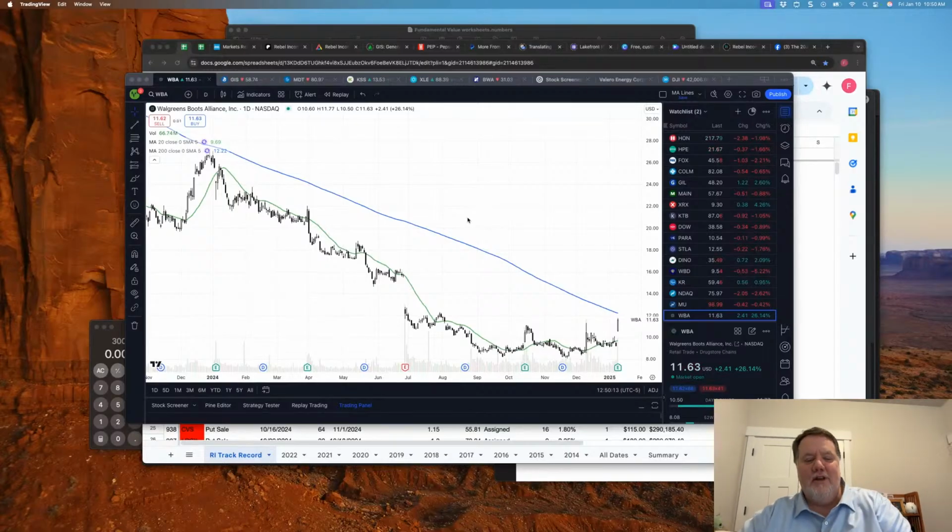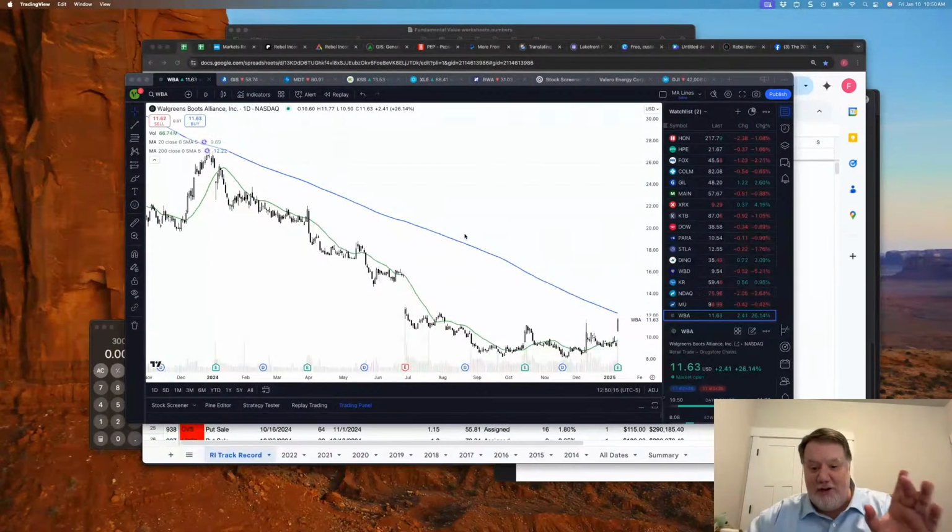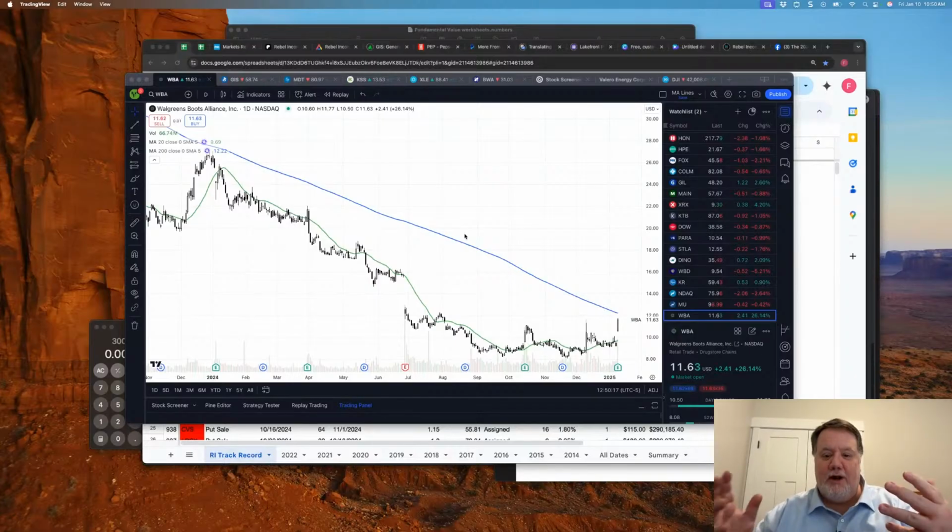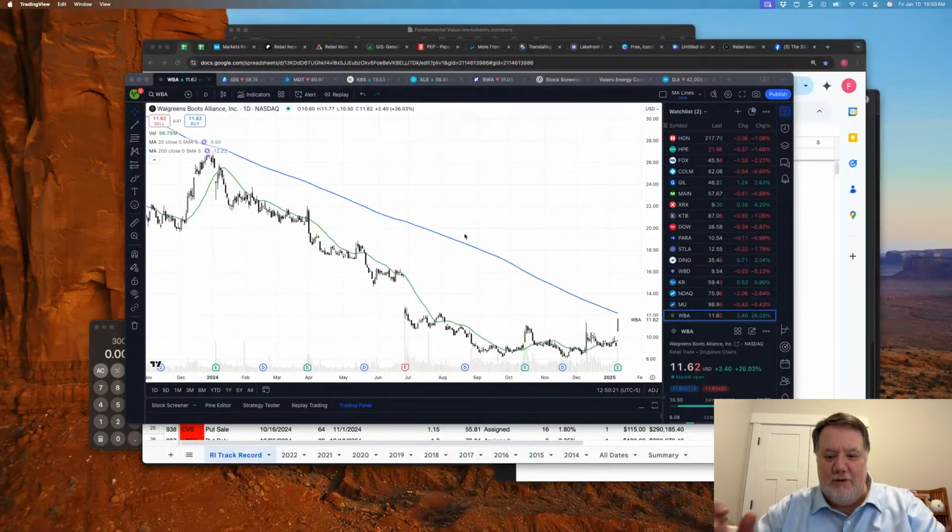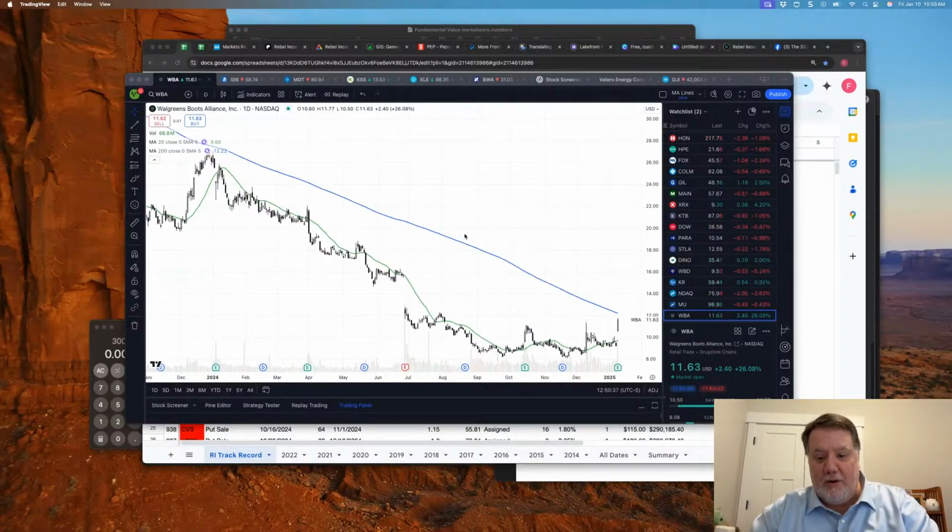You know, this is where you're talking about being able to tier in, right? Instead of going in with an entire position, you take all of the money that you can allocate to the trade and break it into pieces. Especially if you're looking at a stock that could continue a long-term downward trend, that becomes really smart. And with what Walgreens is doing, that kind of bears it out right now, doesn't it?